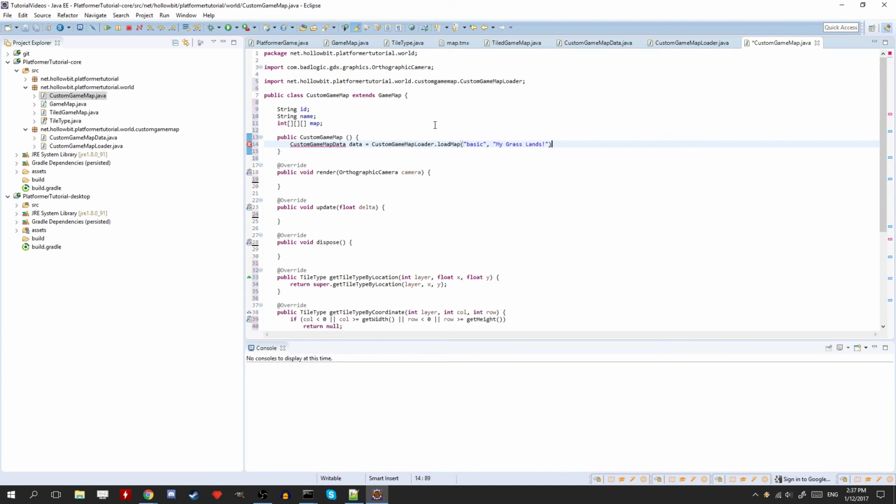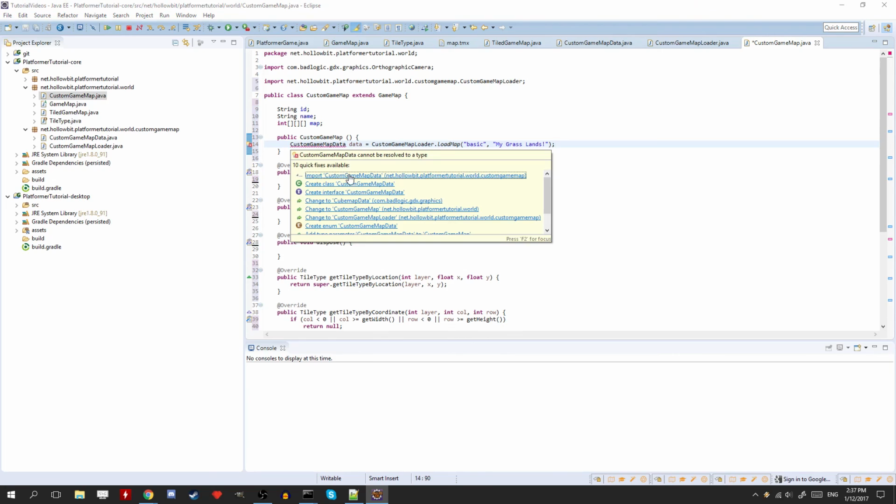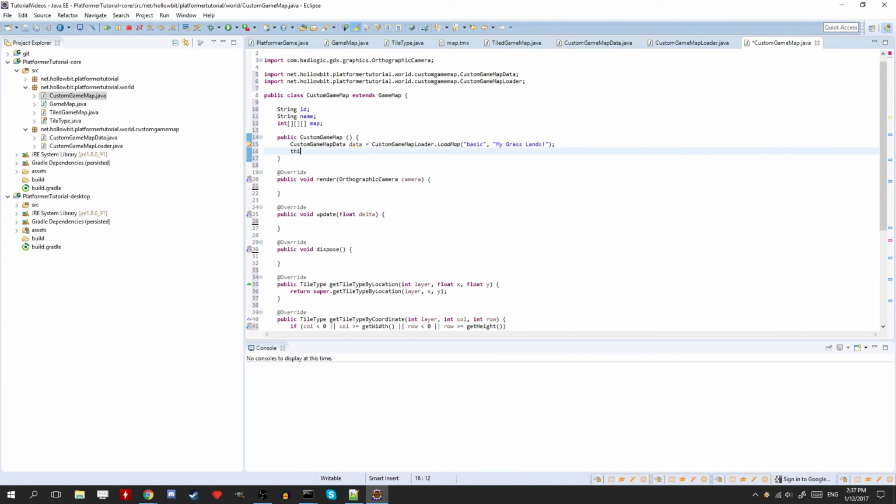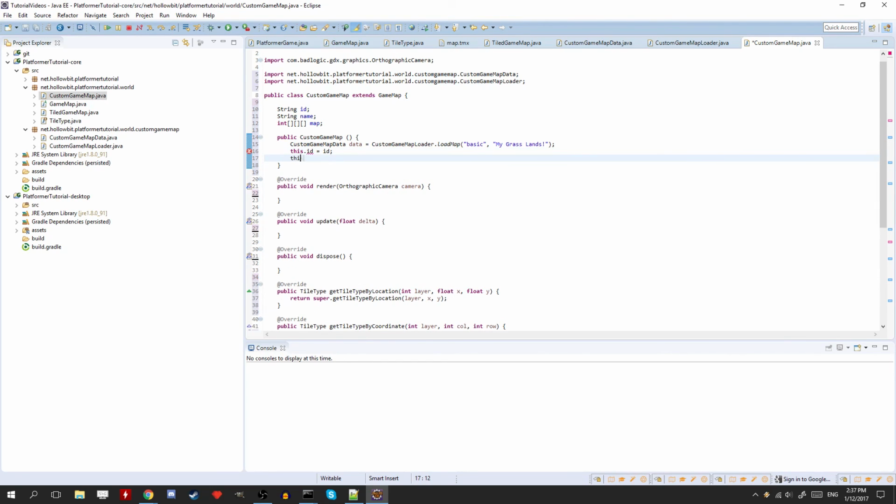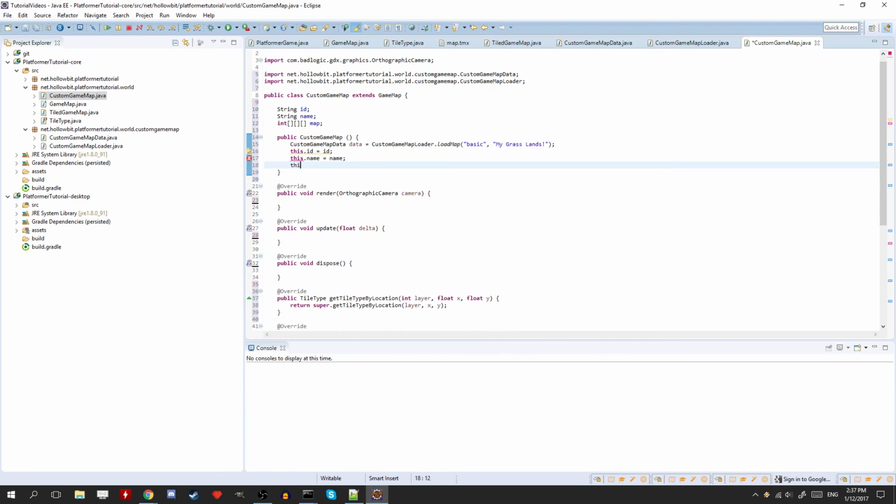And there you go, that's a basic name. We have to import this. Then we just do all the this dot whatever is equal to whatever. So this dot ID is equal to ID, this dot name is equal to name, this dot, whoops. We need to do data dot